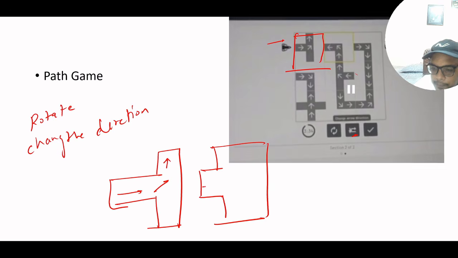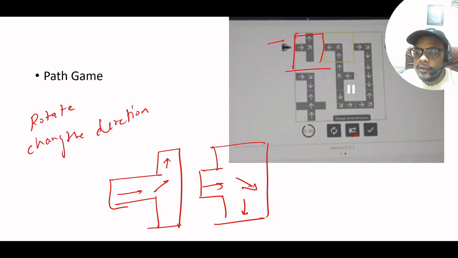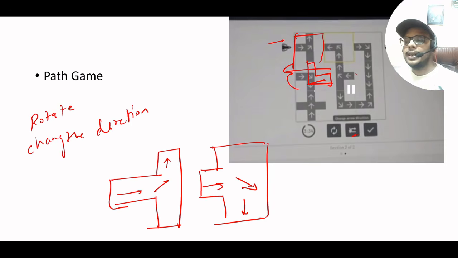Please see here: right direction, then down direction, and then down direction. So this thing is sorted right now, because we want to reach here. After sorting this, we need to sort the above one. To sort this one, suppose we rotate it one time and two times. After rotating it two times, suppose we get it like this. So till now it is also sorted. Then suppose we rotate it two times, so it will look like this.